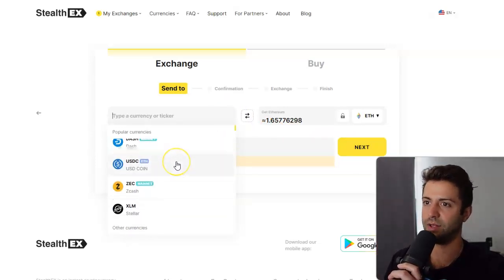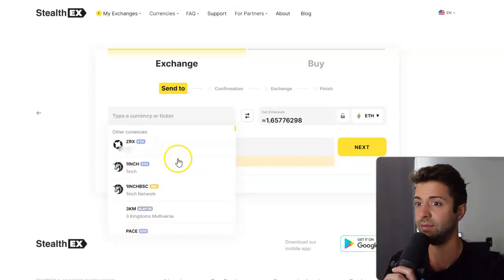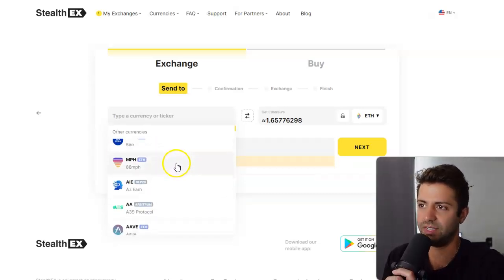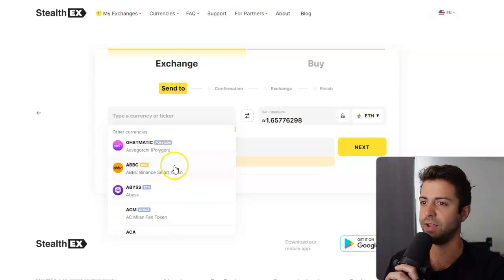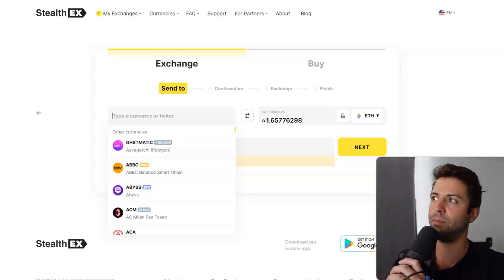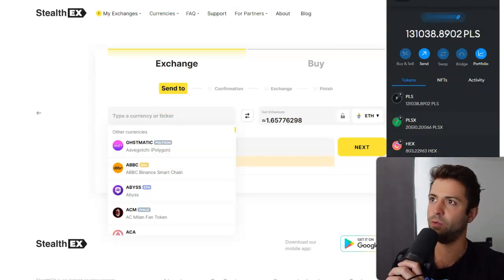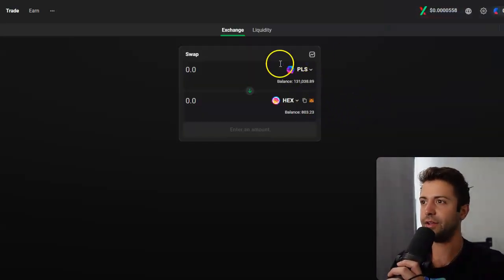Okay. Now look, it's not only Solana, right? There's all kinds of different tokens. If you're holding the bag on any of these, you can swap all these tokens directly to PulseChain, and this is going to take out all the bridging, all the extra steps, all the complicated DeFi stuff. And it's just going to spit out a whole bunch of PLS into your wallet. And then, if you want to go play around with other coins, you go buy all your other coins here